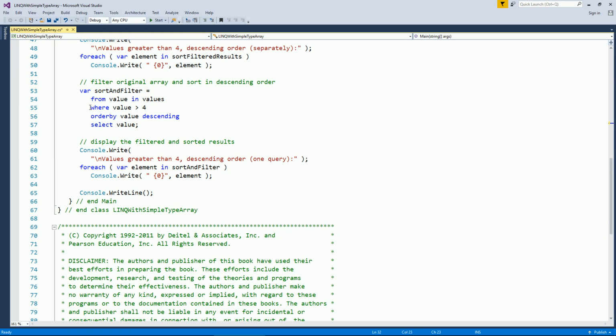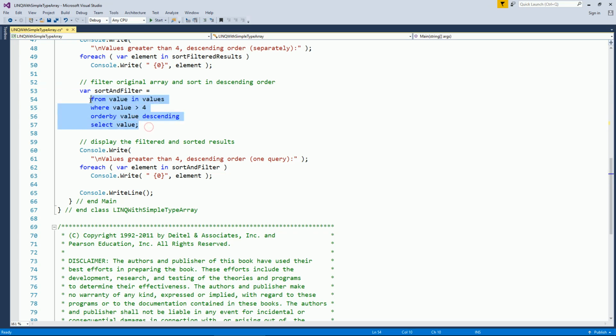So here we're only getting the values greater than 4, but by the way, I also want you to sort them when you give them back to me. Now, the one thing you want to understand about LINQ is that it's what's called lazy initialization. And it sounds kind of strange, but what it really means is that this statement right here does not actually